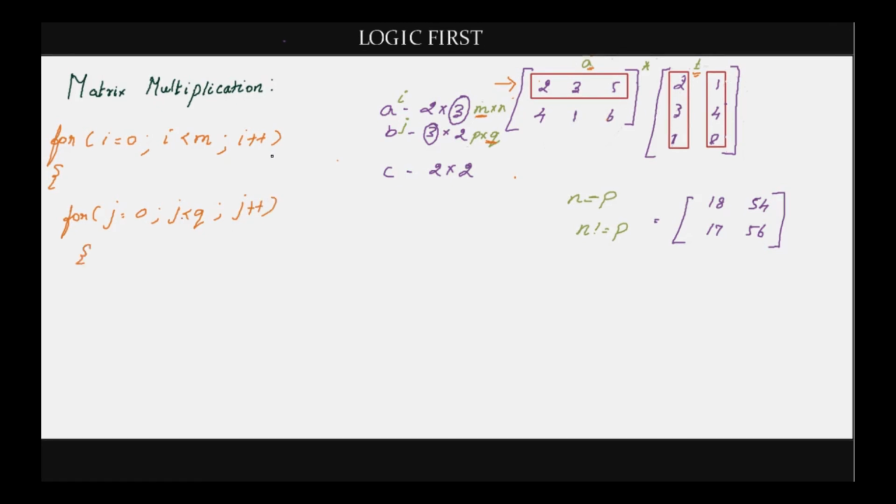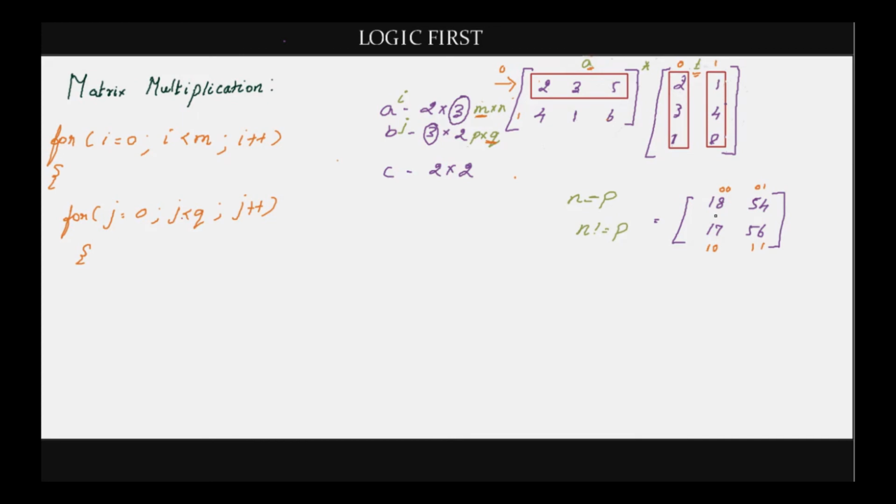As I mentioned in the beginning, this program requires 3 loops. So why do you need the third loop? Is it for finding the position of the resultant element? Let's see. This is the 0, 0 element of the result. It is found by multiplying the 0th row of A and 0th column of B. This is the element 0, 1. It is found by multiplying the 0th row of A with the first column of B. Similarly, this is 1, 0, which is found by multiplying the first row of A with the 0th column, and this is 1, 1, which is got by multiplying the first row of A with the first column of B.